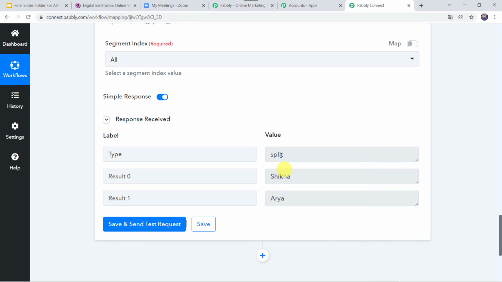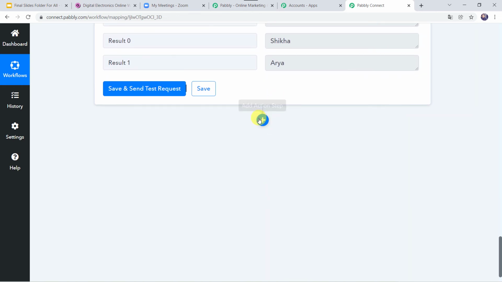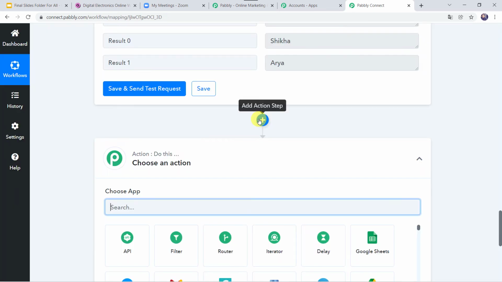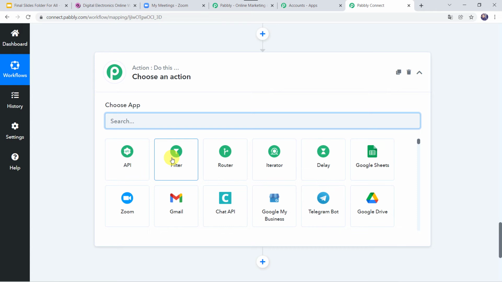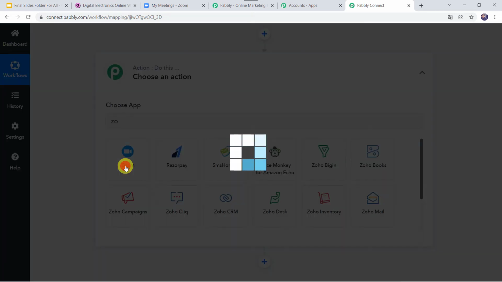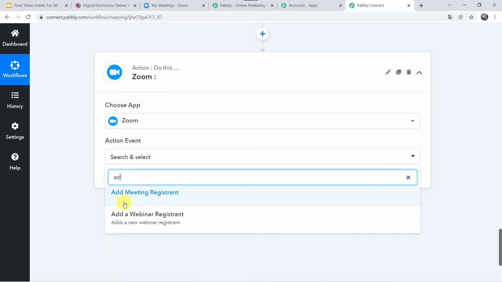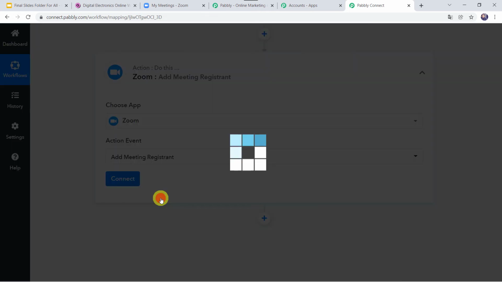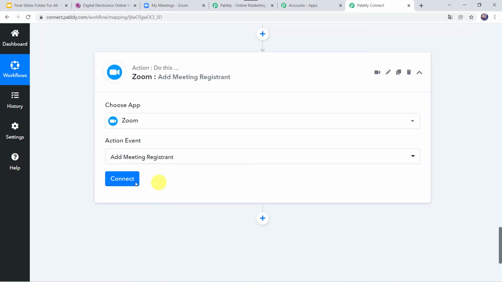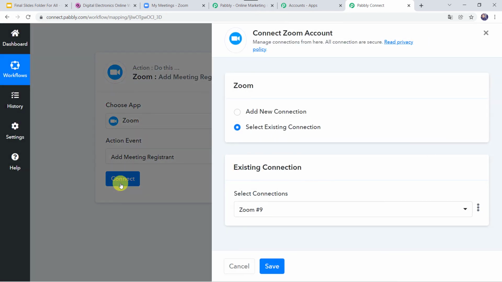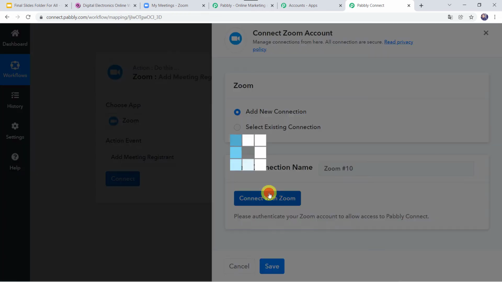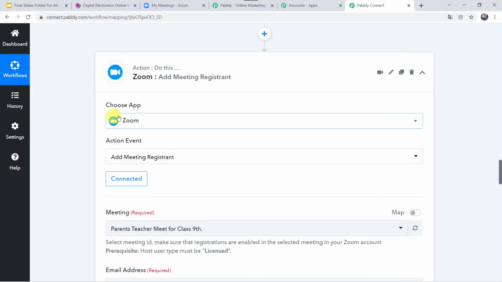So now we want to register this particular participant to a Zoom webinar or a meeting. So come to this plus sign once again. Click on Add Action Step. Here in the application name, let us select Zoom. In the action event, we have to select Add Meeting Registrant. Click on Connect. Click on Add New Connection and connect with Zoom. Authorization successful. And now the Zoom account is connected to Pabbly Connect